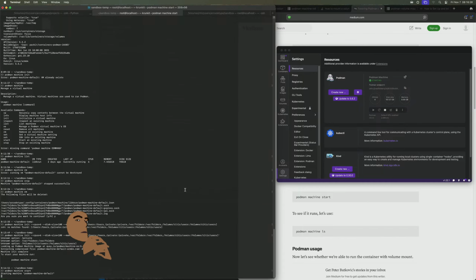Come on, get it. This is taking quite a while. Now that I think about it, when I did the initial Podman setup, it did take a chunk of time to do this stage. So I wonder how long it takes. But in the meantime,